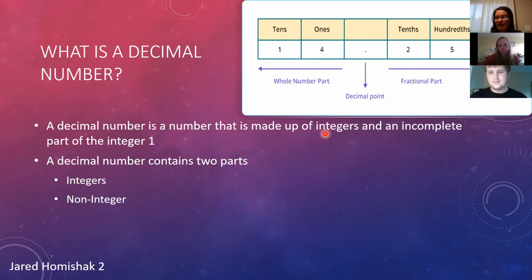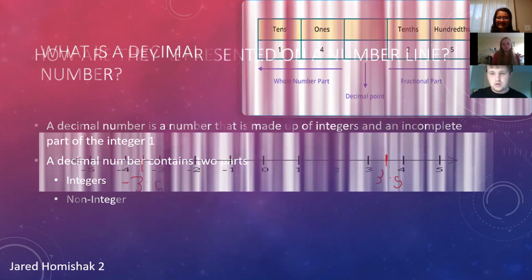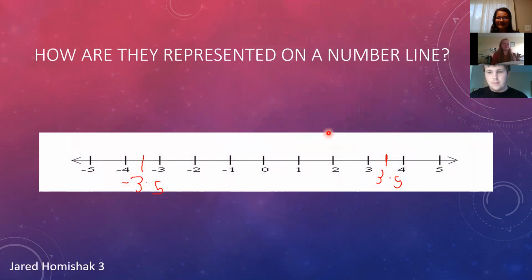I have a question. Can you explain what is happening when a decimal number is represented on a number line? Sure. Matter of fact, I have a number line ready to go. So basically, decimal numbers are simply non-integers. I've written out for us the number 3.5. We know that 3.5 is greater than 3 and less than 4. So we can mark here that 3.5 is located smack dab in the middle of 3 and